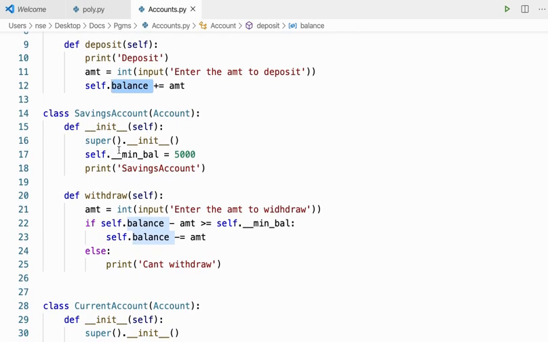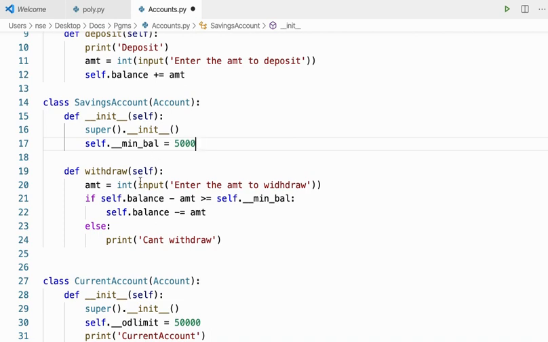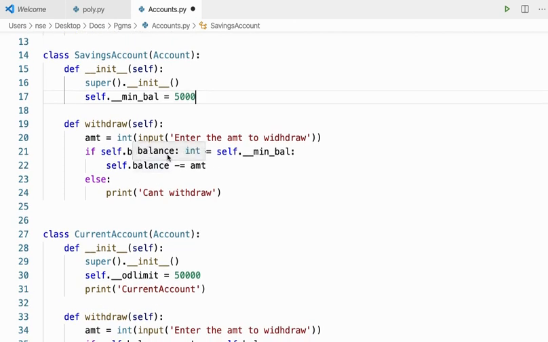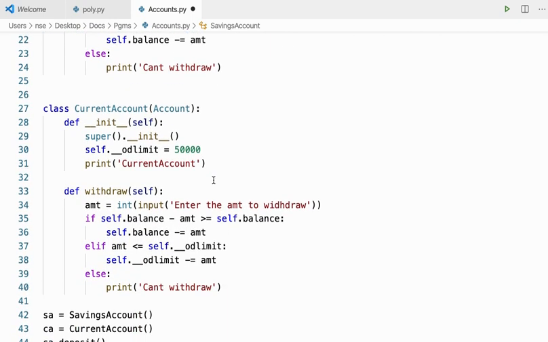And then savings account, here also I have an init method from where I'm calling the base class init method, and for savings account, it is required that I maintain a minimum balance, right? So I have a minimum balance amount there, right? And then withdraw, right? If I want to withdraw any amount, I need to check whether the balance stays greater than the minimum balance. If it is perfect, yeah, then I can proceed further. I can decrement the amount and then do it, right? Or else it will say I cannot withdraw.